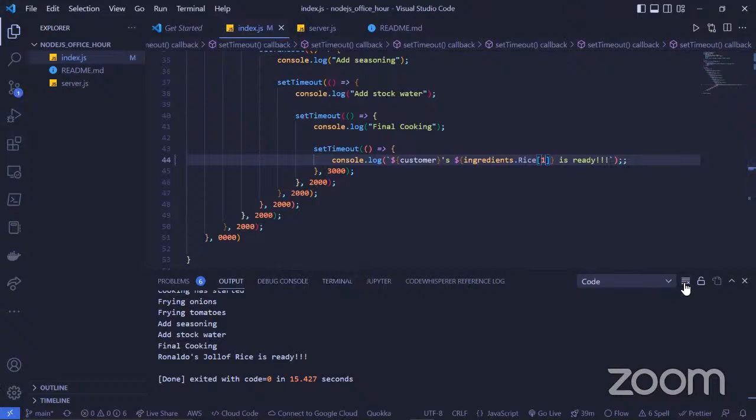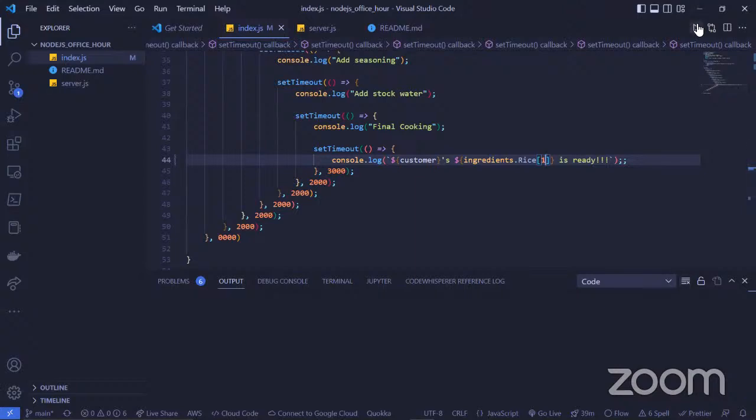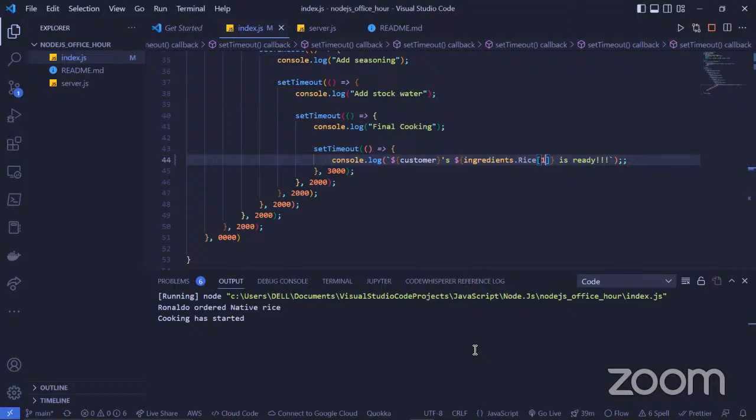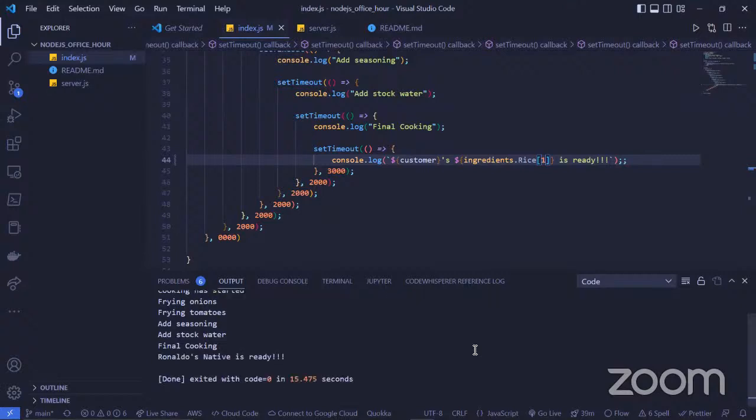I'm hard coding it. So: cooking has started, fry onions, fry tomatoes, add seasoning, add stock water, final cooking. Ronaldo's native rice is ready. I omitted rice here.